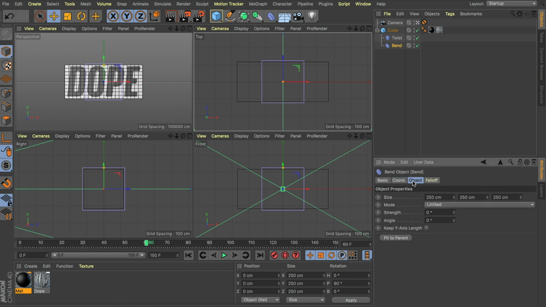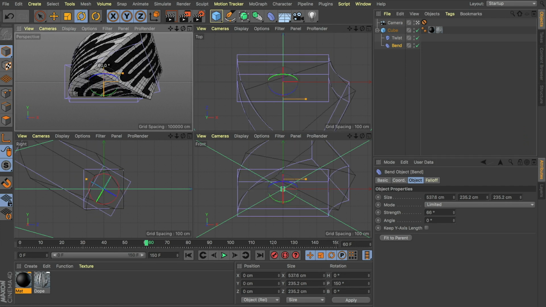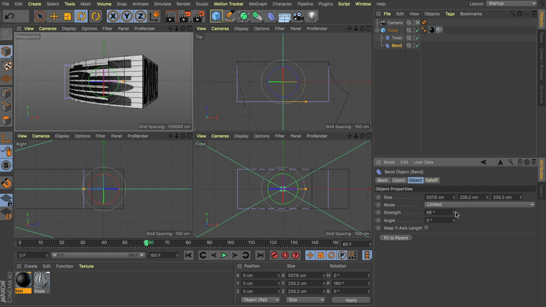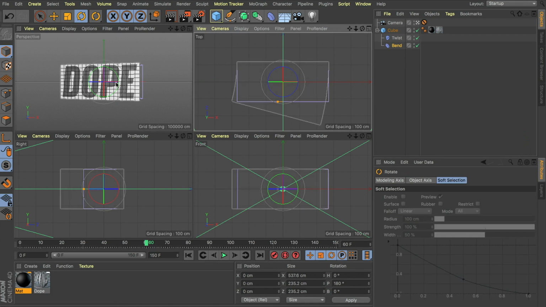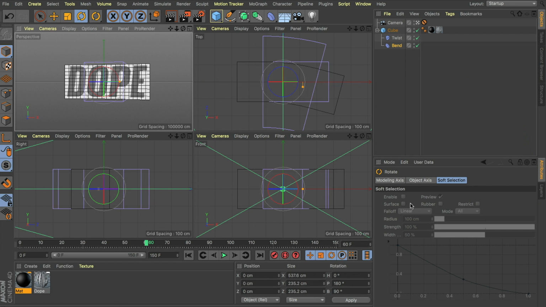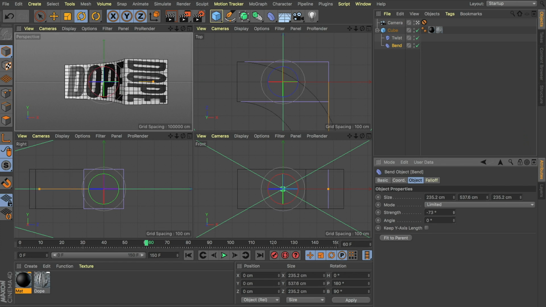Let's jump into the object tab of our bend, hit fit to parent, and let's just increase our strength. Let's see which way is this bending. Now we can see it's certainly bending our geometry, but not in the way we want it to. We want this to bend backwards. We want to get that little bit of a whip happening as it pushes towards us again. So with our bend selected, let's just rotate this around so it's facing the right orientation. So look at that, a couple of rotations. And now we're able to bend this geometry.